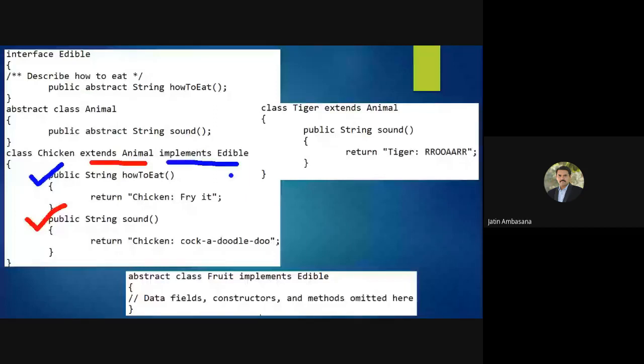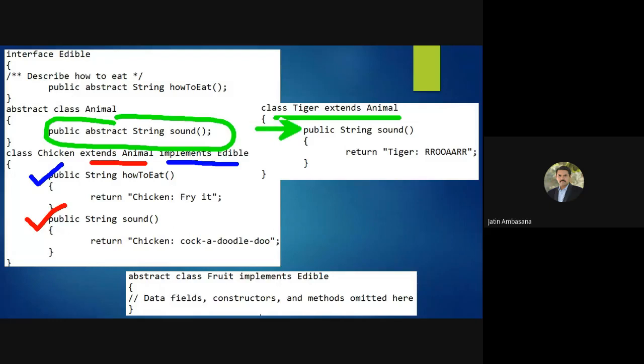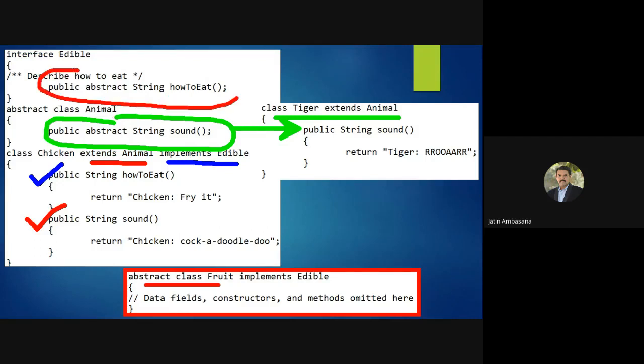Got the point? Now, if you say a class Tiger extends Animal, it will have to implement only one method, this sound method. It does not need to implement the howToEat method. Similarly, there can be abstract classes like Fruit, which implements Edible. But this is an abstract class, so if it does not provide an implementation for this method, that's okay, because it's already an abstract class.